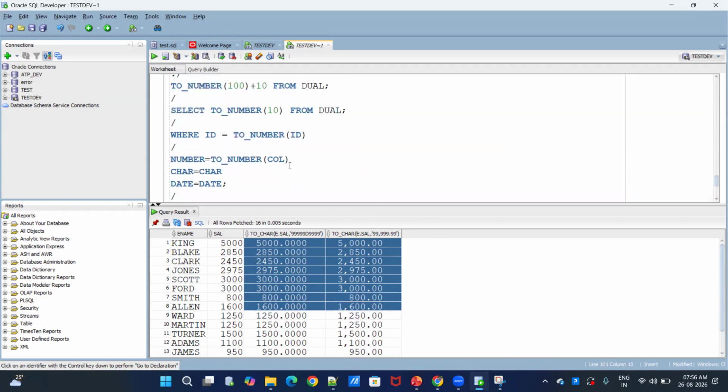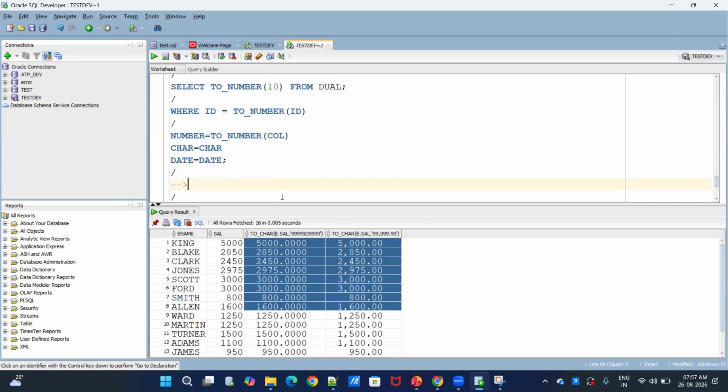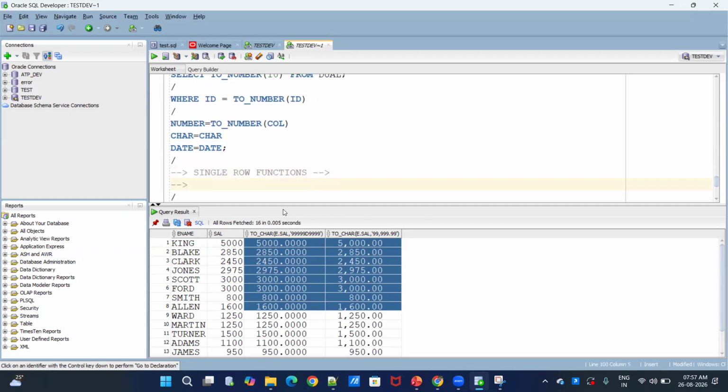Just go through the sessions again after completion of this and practice well. We spent two sessions on the date and number conversion functions only. If you practice, then we can start the aggregate functions. Till now, what we completed is single row functions only. If you go and check our third session, when we started the functions, single row functions and multi-row functions are there